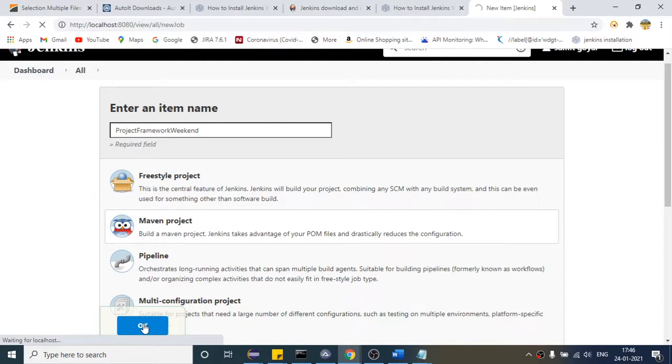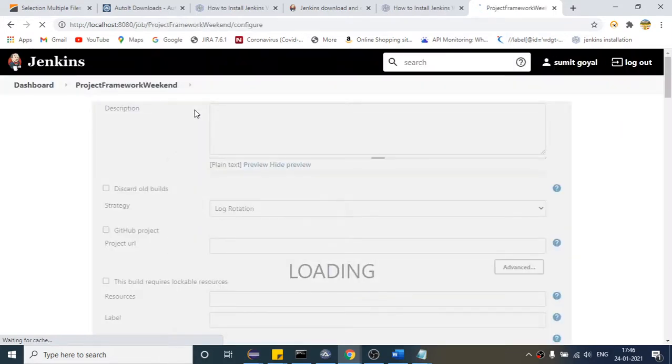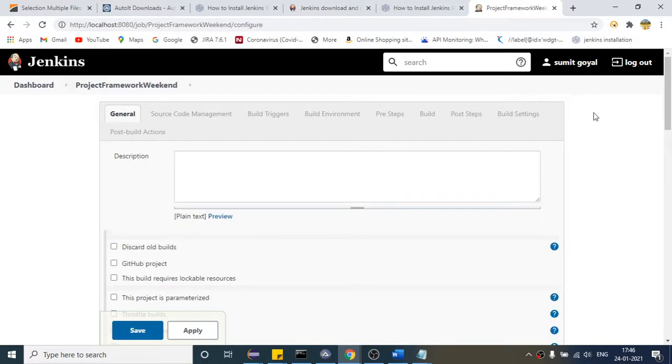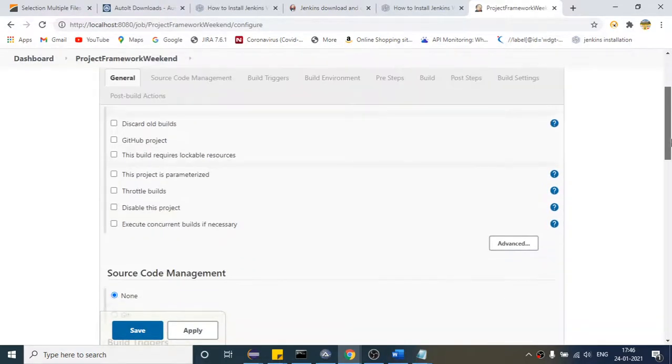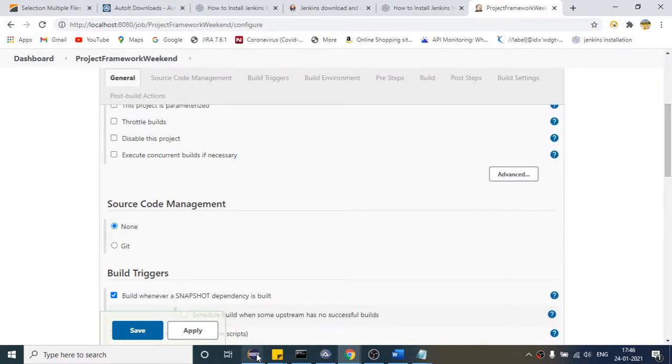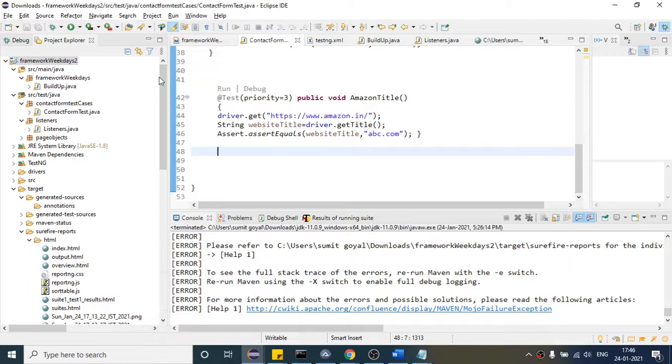In Eclipse, we call it a project, but in Jenkins terminology, whenever you create a new item, it will be called a job, right? Before creating the job, it is asking you for some fields. You can see so many fields are present here, right? So I will come to my pom.xml.